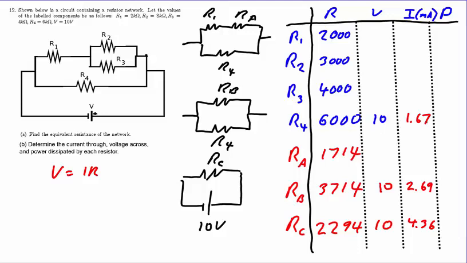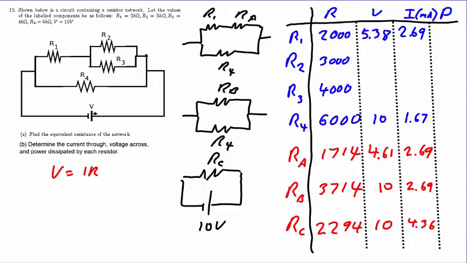Now let's take apart resistor RB. Resistor RB was the series combination of R1 and RA, and we recognize that for any elements in series, the current is the same for all of these elements, so we'll have 2.69 milliamps in both RA and in R1. We notice that on both the RA and the R1 lines, we have 2 out of the 3 V equals IR, and so we're able to calculate the third, which is the voltage. Our results of 4.61 and 5.38 do indeed add up to 10 as the total voltage, and so our checksum